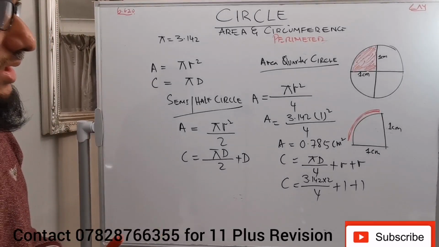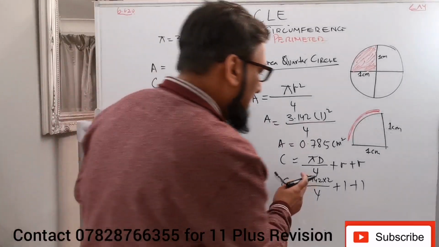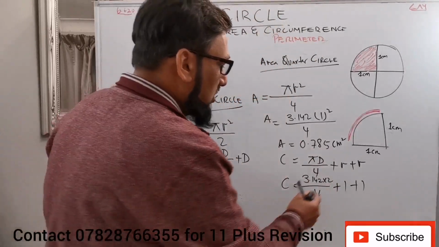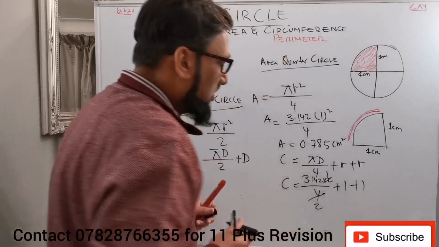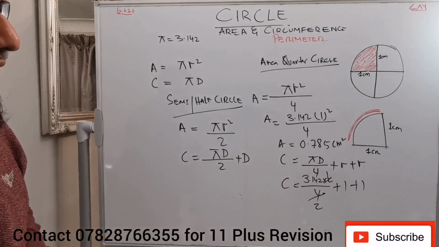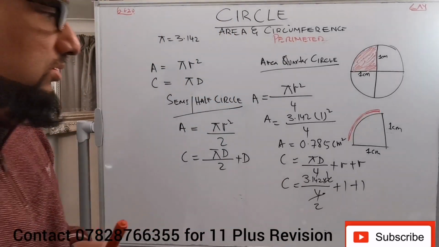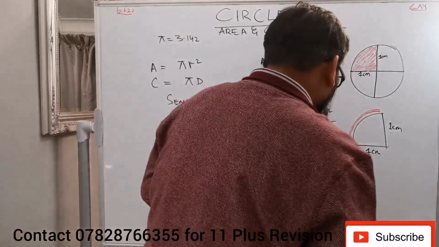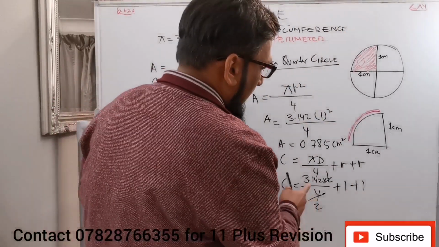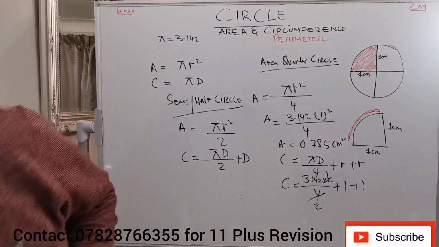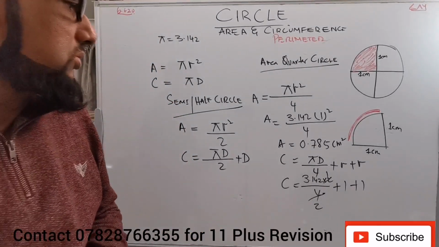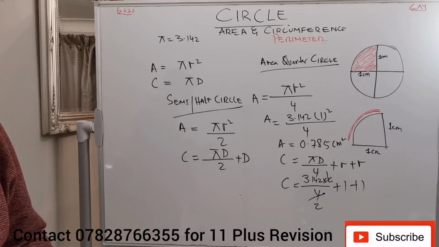First we need to simplify this one. So 2 times 1 is 2 and 2 times 2 is 4. So 3.142 divided by 2